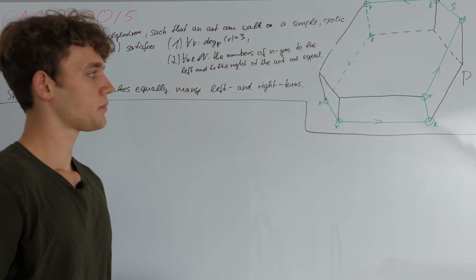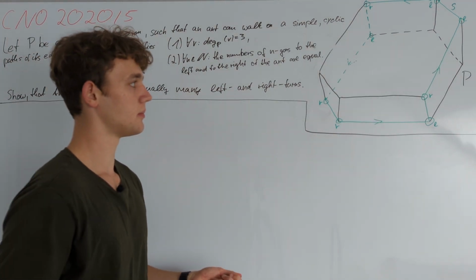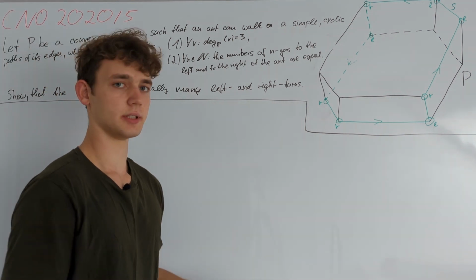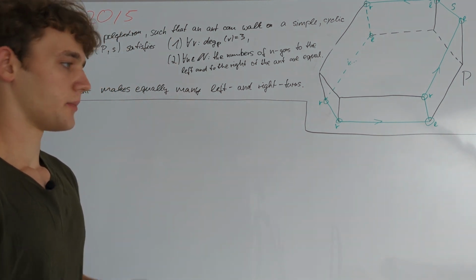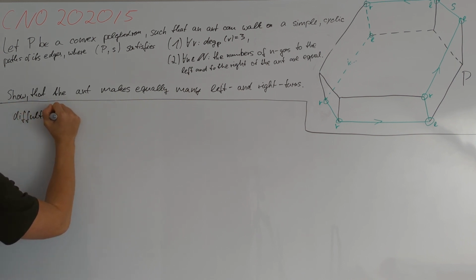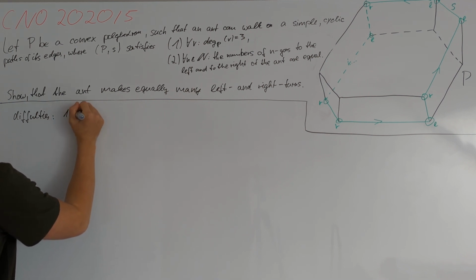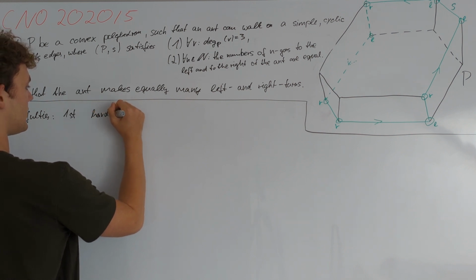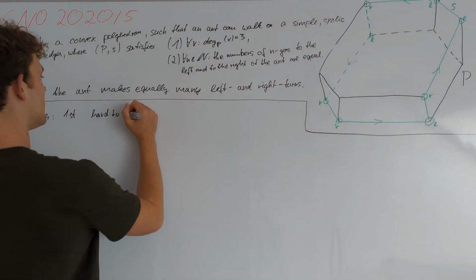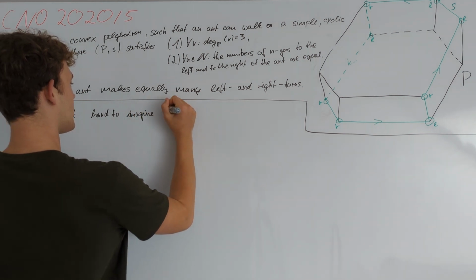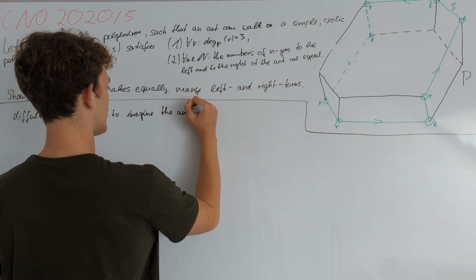After being presented with this problem, you might see two main difficulties as to why this problem is not easy. And I want to write them down, first of all. So we have two difficulties. First, it is hard to wrap your head around or to imagine the ant's path